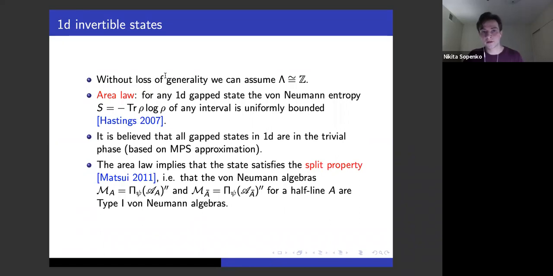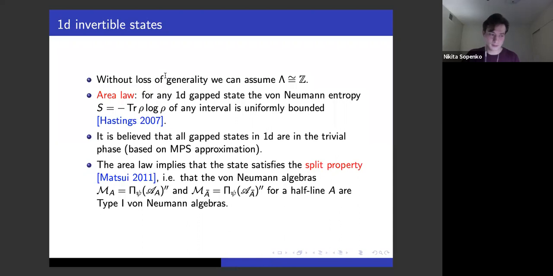That is what's called area law, because it's a law that people expect to hold for any gapped state: the entanglement of some region grows as the area of that region. But it was only proved in one dimension, where area is like 0, so it's just some constant. Based on this fact that the entropy is finite, the states in finite volumes can be well approximated by some ansatz, which is called matrix product states.